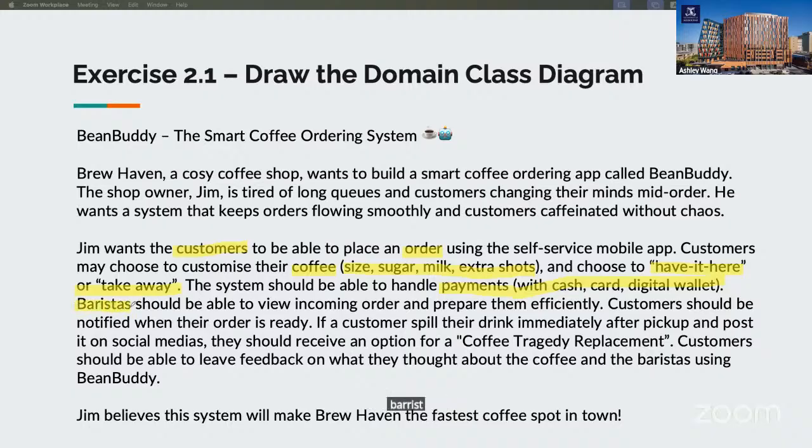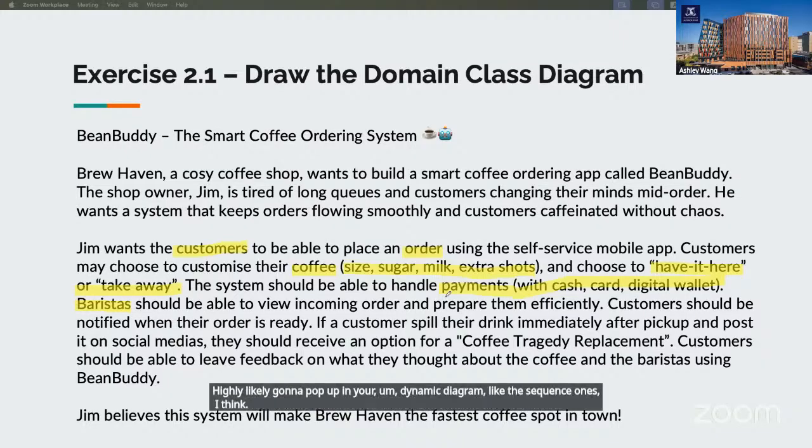Baristas, great. Incoming order? You've highlighted order before already, right? So incoming order is more like an action. It's something highly likely to pop up in your dynamic diagrams, like the sequence ones.